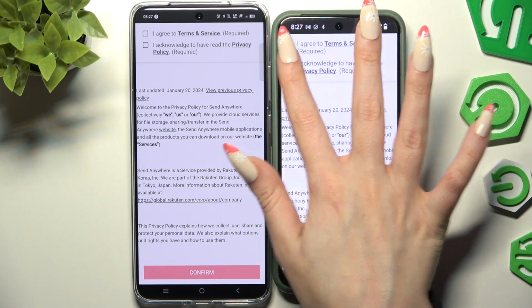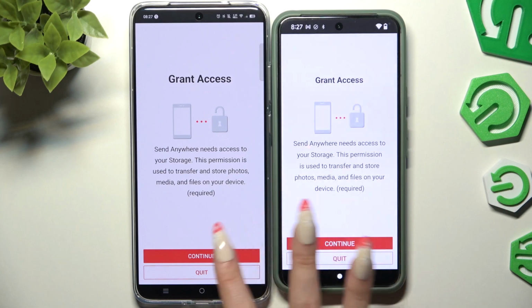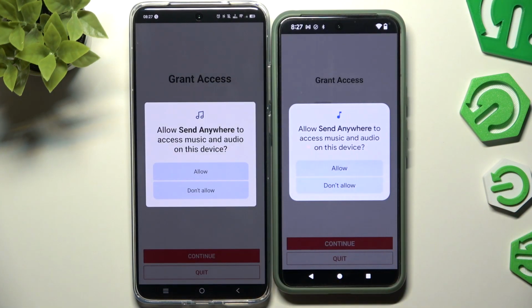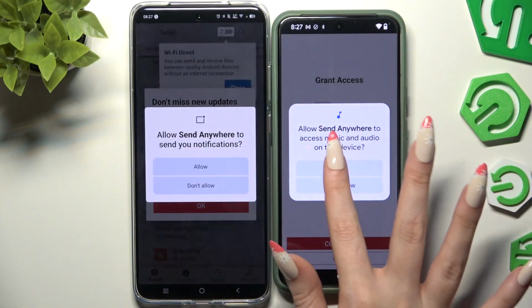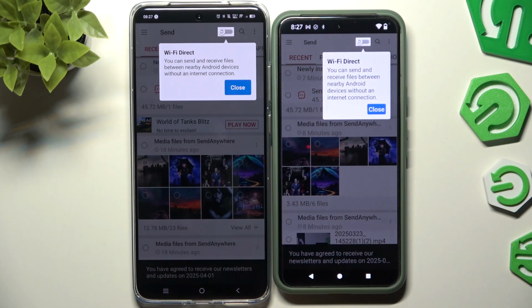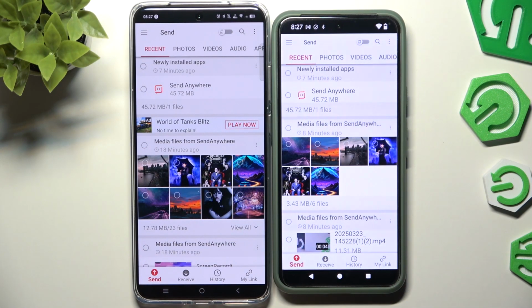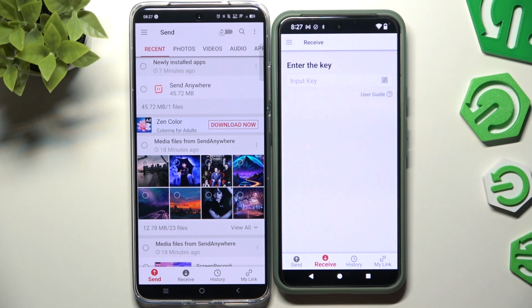I agree and I acknowledge. Confirm, continue, and allow. In this window about new updates, choose whatever you want to and hit your device's display. Now select Send at the bottom left corner of Vivo and Receive right next to Send at the bottom of